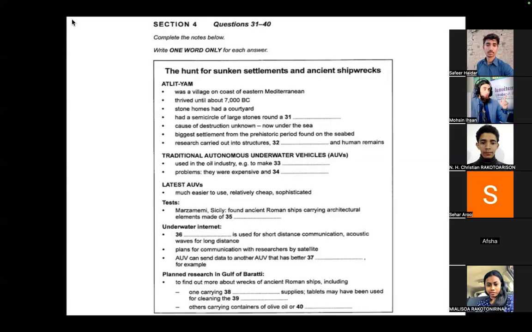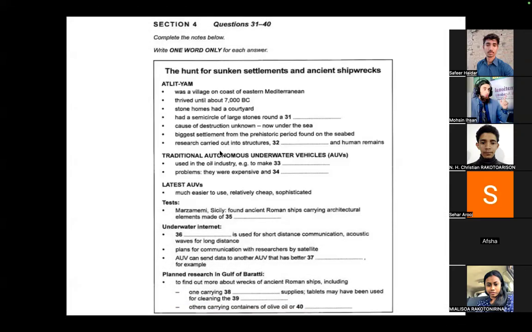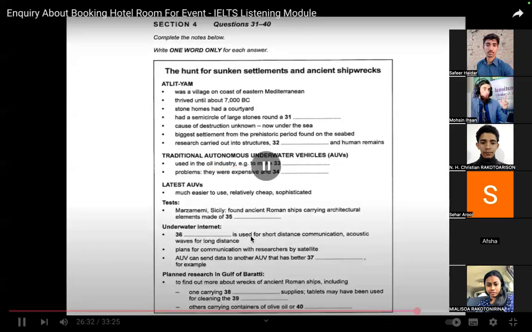Underwater research used to require divers to find shipwrecks or artifacts, but in the second half of the 20th century, various types of underwater vehicles were developed, some controlled from a ship on the surface, and some of them autonomous, which means they don't need to be operated by a person. Autonomous underwater vehicles, or AUVs, are used in the oil industry, for instance, to create maps of the seabed before rigs and pipelines are